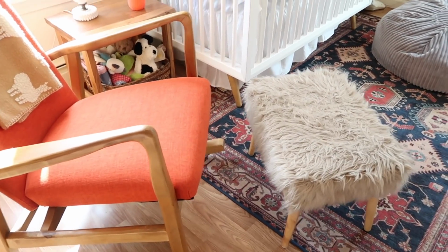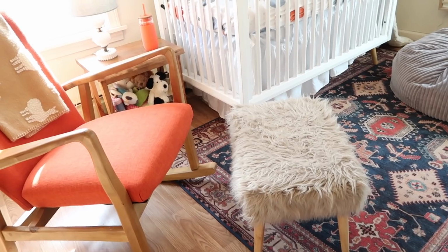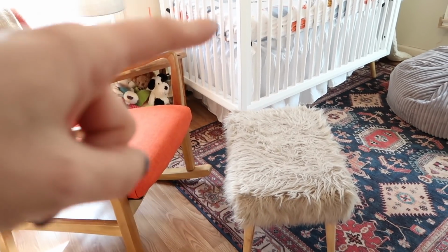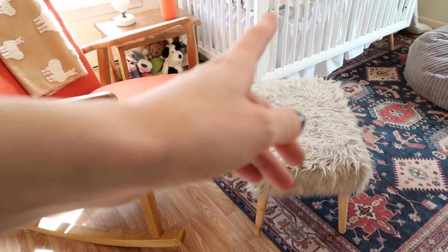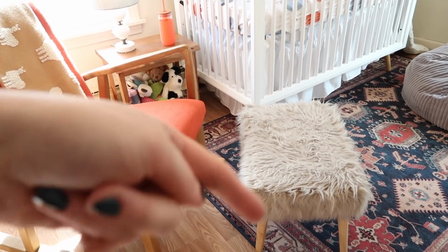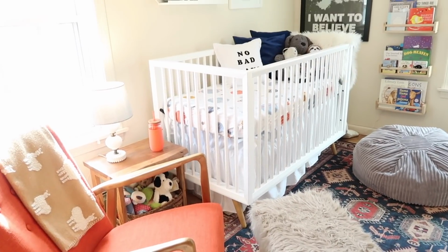And then I do have a little footstool here. This actually used to be in our living room, but I felt like it worked really well in here, especially when I was doing lots of late night feedings when he was first born. I just grabbed it and threw it up here, and Michael would sit on it when he hung out with me. So it was kind of an accident piece that we didn't necessarily buy for in here, but it worked out. But that does it for the mini tour of Miles's nursery,